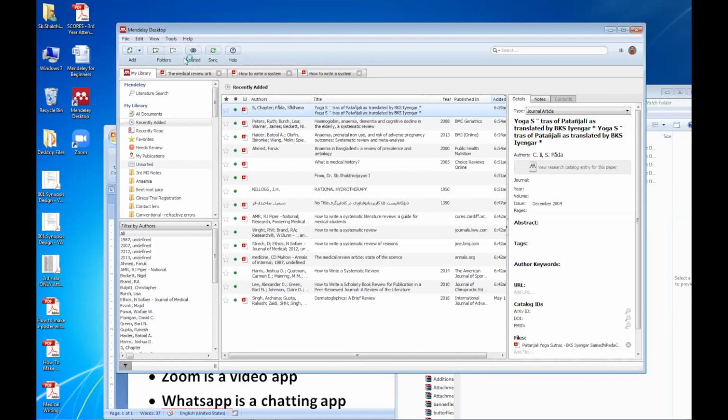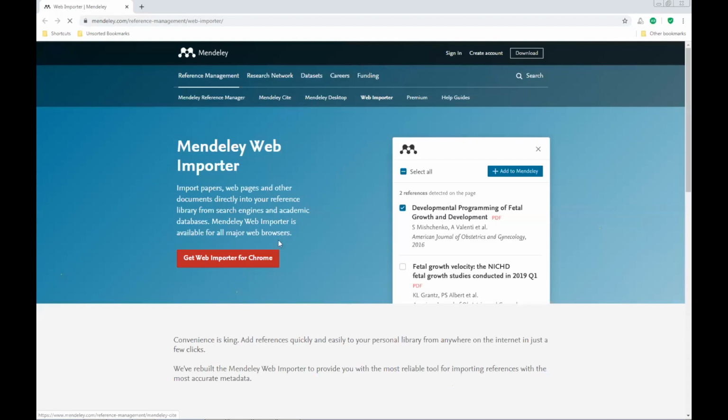When I press Web Importer, it is taking me to the Mendeley website and giving me options about importing. It is just a plugin. This plugin will be activated in my Chrome. So anywhere I log in through my Chrome, it will be available there.